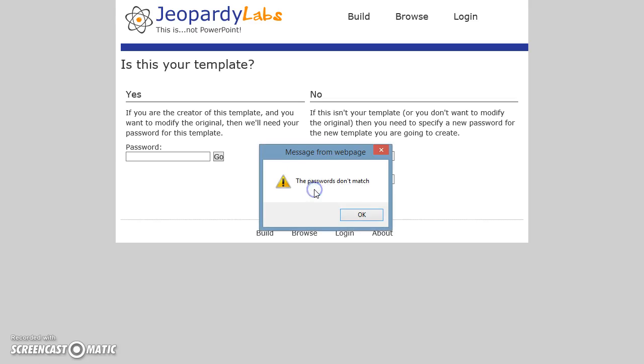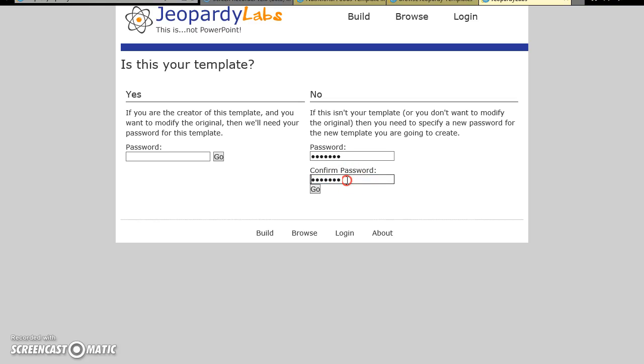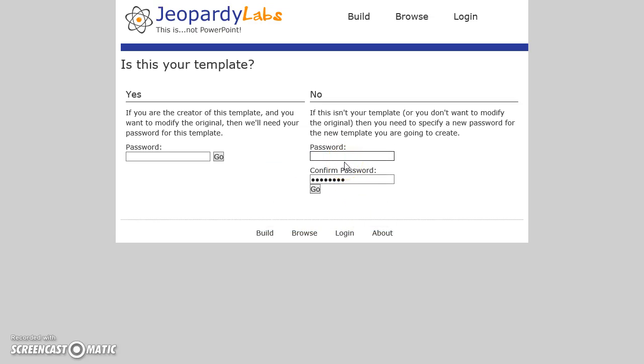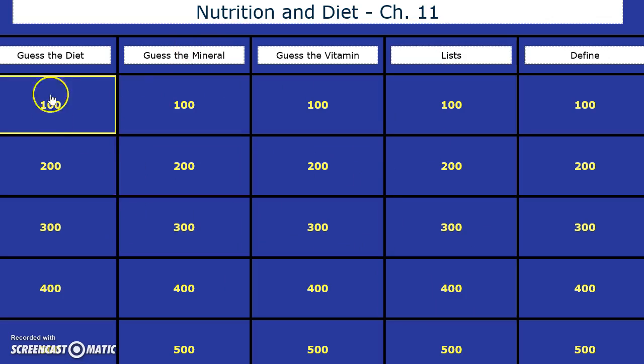And hit go. And make sure that the passwords match. There we go. And I don't know why this is not working. We'll just do banana. Maybe if I do something a little more simple. There we go. Okay, so see, we have this person made their complete different one, and so you can change